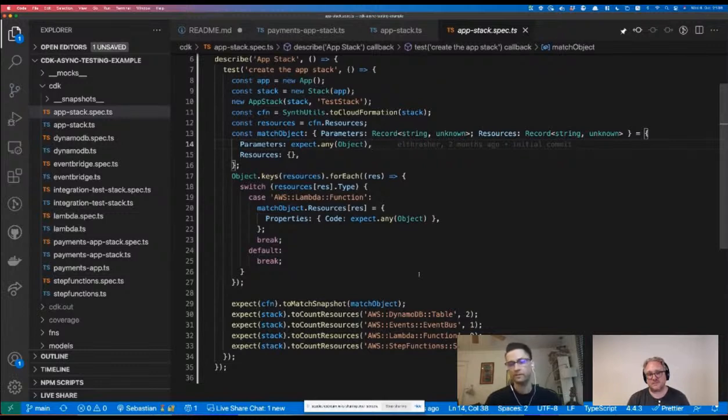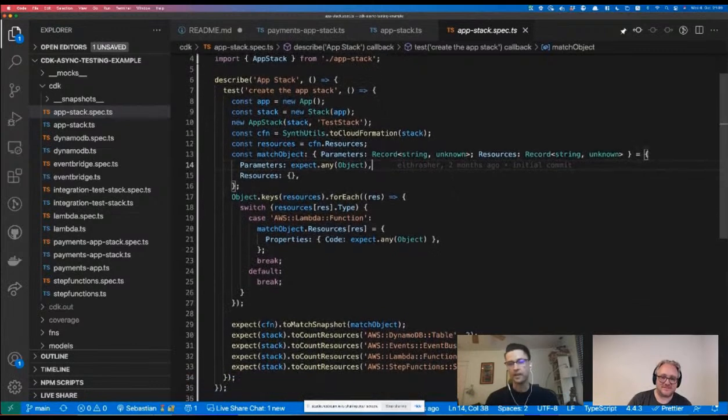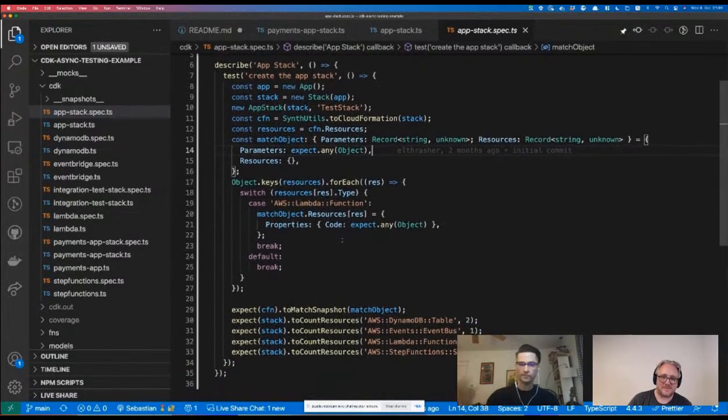Otherwise, you might be in for an unpleasant surprise. Case in point, the custom resource construct for the integration test here creates a step function, and it uses that to validate that the test is complete. So if you use that, you suddenly have an additional step function in your account,